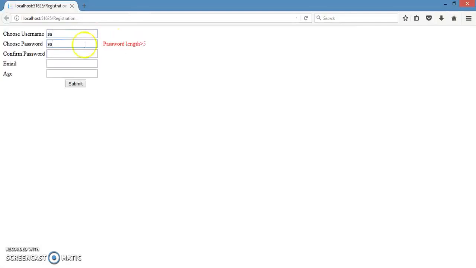Username, so password must be greater than 5. It gets removed. Now you can submit the page. So these are the validation controls that we need to